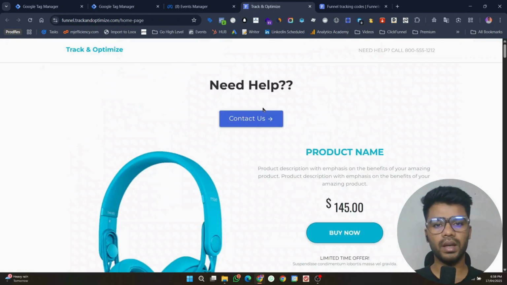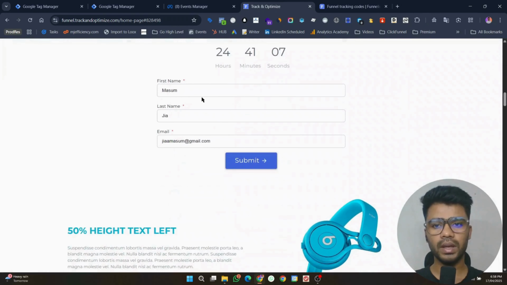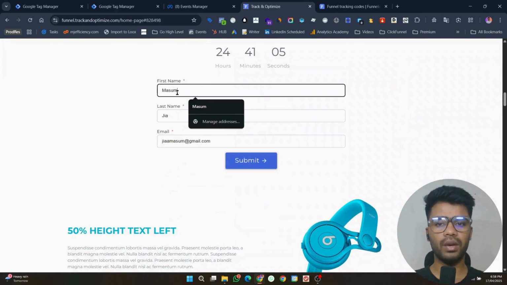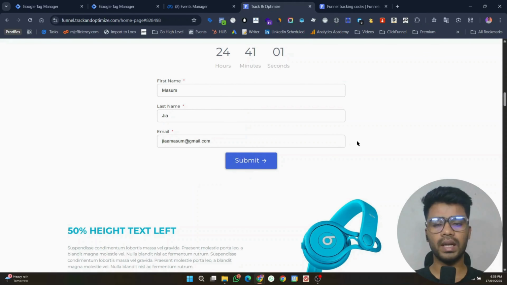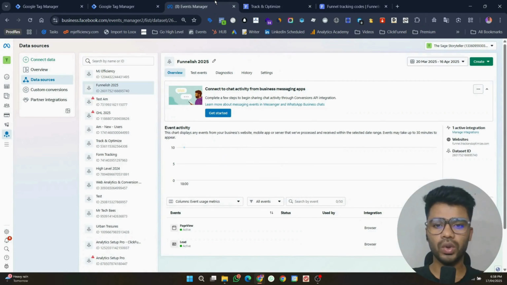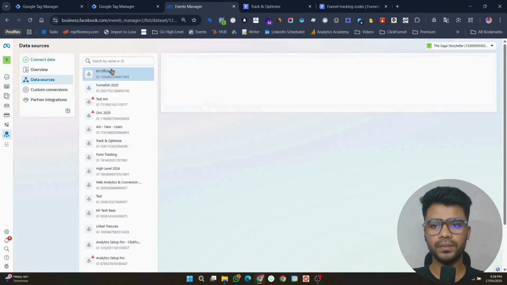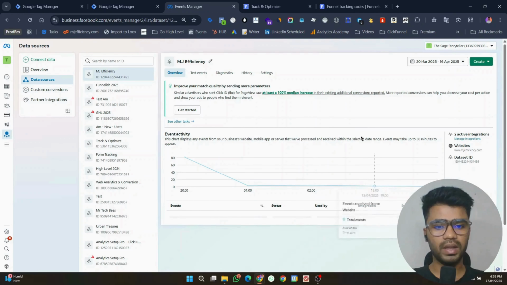This is my form. Here I can collect first name, last name, and email. If you have other data like phone number, state, country, and whatever data you have that is essential or important, we can send it to Meta, which will improve your event match quality score. Let me show you. This is my new pixel and I don't have any event match quality score. But if I come to my recent pixel,